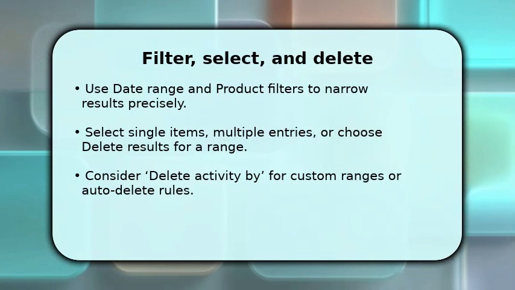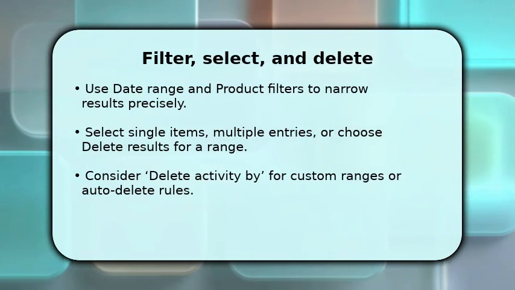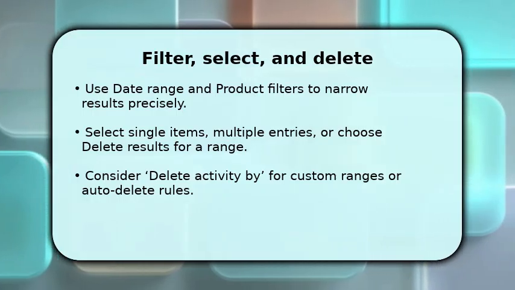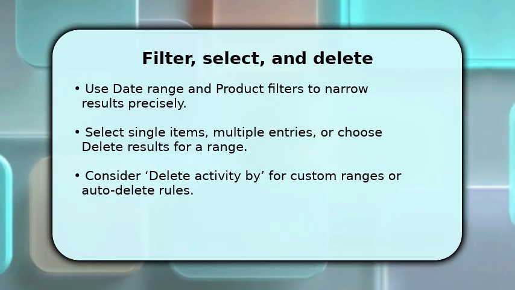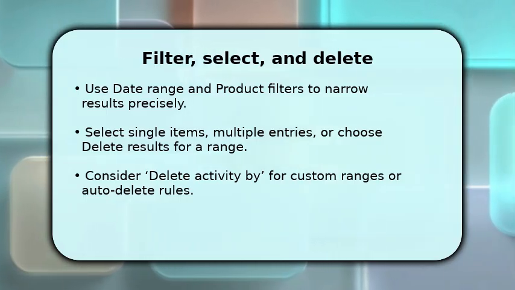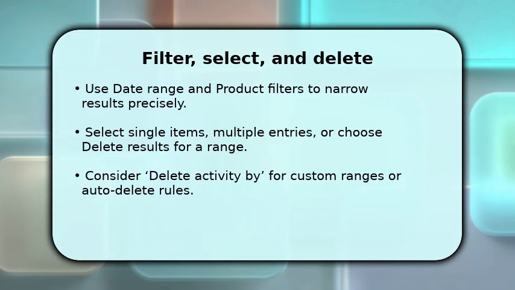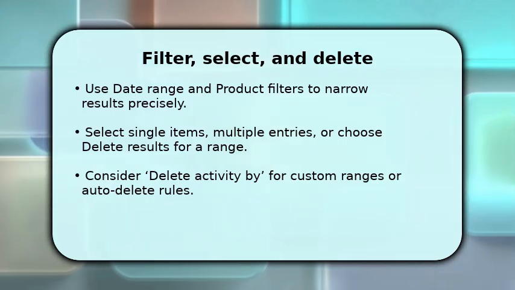Once you have only image results visible, use date range and product filters to narrow the list. This helps you target specific events versus bulk removing everything. You can tap individual entries to view details, check boxes to multi-select, or use delete results when you want to